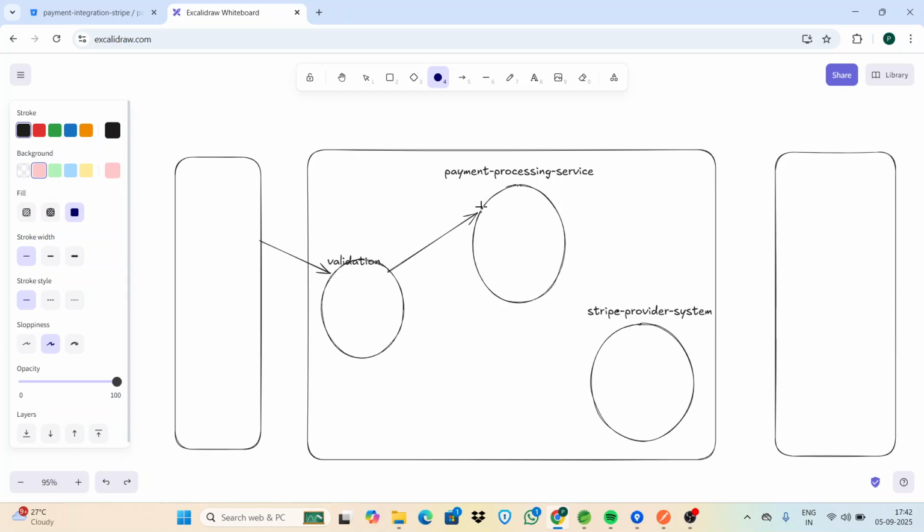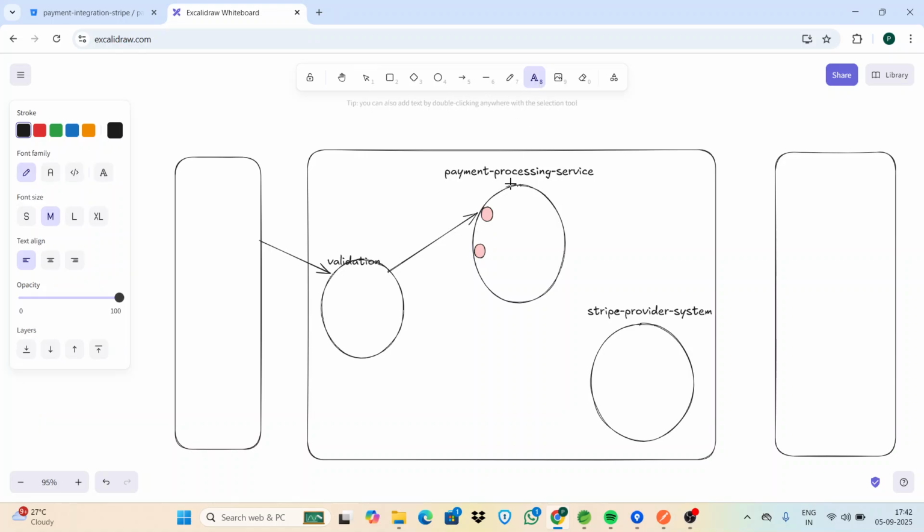In this payment processing service, we are creating two APIs for creating and initiating the payment or transaction. This one is for create transaction, and this one is for initiate transaction. So what is the work of these two APIs? The validation system sends requests to the first API, called the create transaction API,